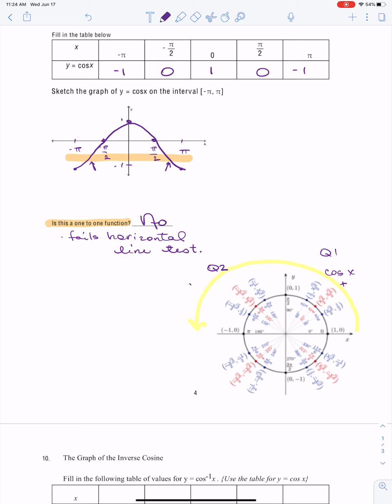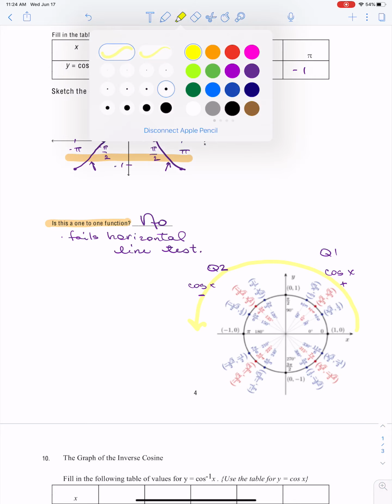In quadrant 2, cosine is negative. Okay? So we hit all of the possible values of cosine, positive or negative, between 0 and pi, or 0 to 180. If we were to continue below here,